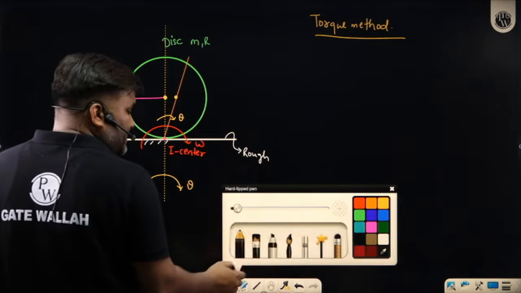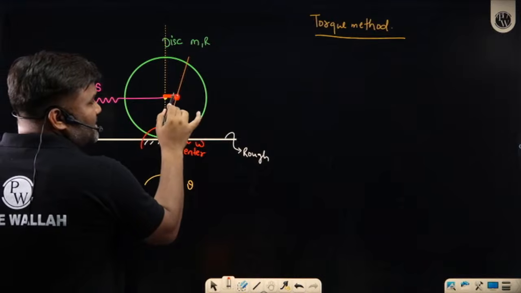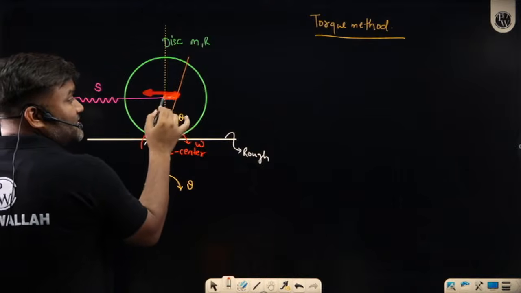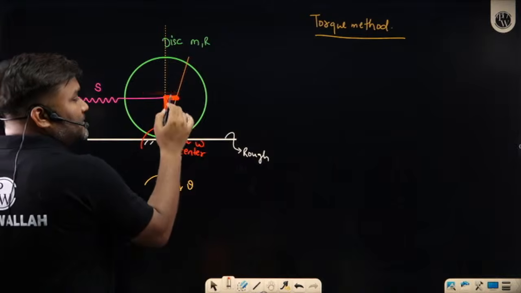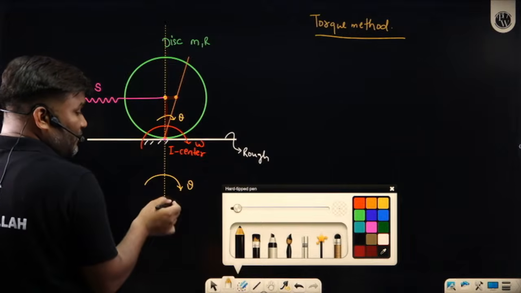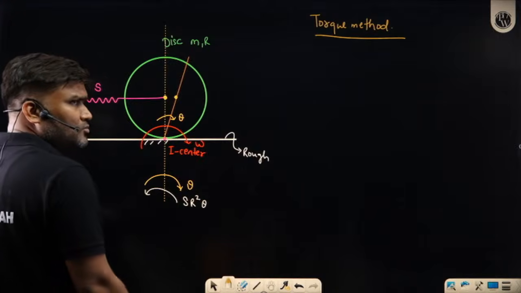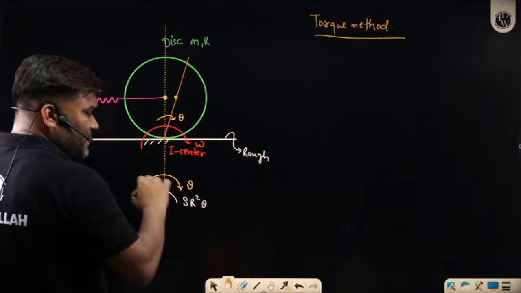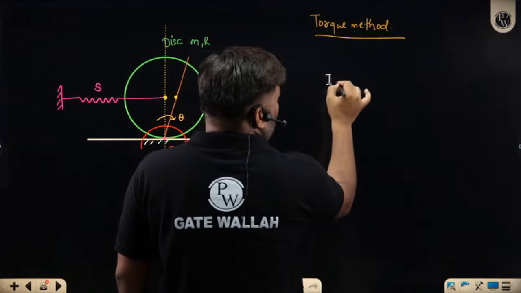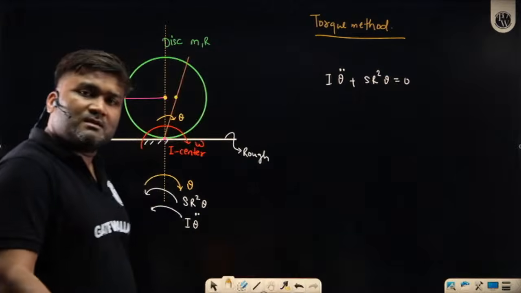What are the torques which are acting here? Sir, in the name of torque I am just having this spring which has been elongated by some amount. So the spring is applying force here. How much? Stiffness into this distance. What is this distance? R theta. This force multiplied by R again, you will get the torque. So that torque will be in the anti-clockwise direction, S R square theta. Anything else? Sir, no, nothing. Ask the inertial term. Opposite to acceleration, I'll apply I theta dot dot. This is the torque. So the equation becomes I theta dot dot plus S R square theta is equal to 0. That's it. The answer is done.